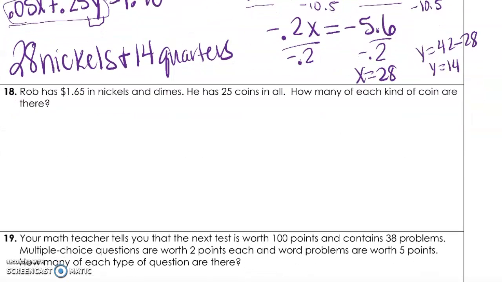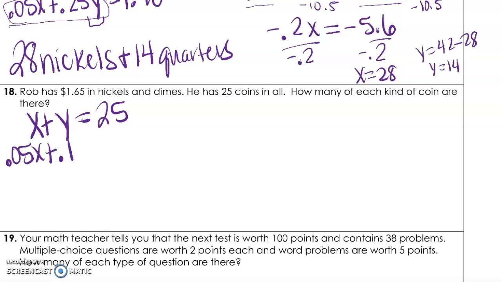So 18 is going to be set up the same. Now we have nickels and dimes and 25 coins. So x plus y is equal to 25. So 0.05x for nickels and 0.1y for dimes is equal to $1.65. So since I showed you substitution with 17, I'm going to show you elimination here. I personally would multiply by 0.1. That gives me 0.1x plus 0.1y